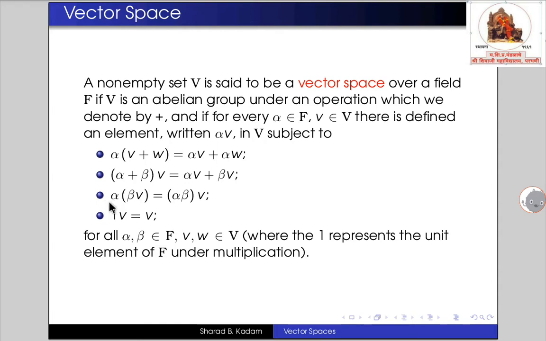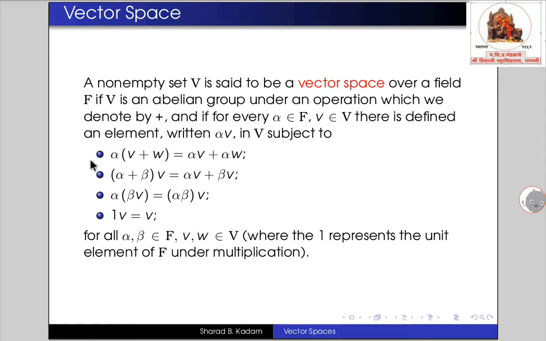Third condition is alpha into (beta into v) equals to (alpha into beta) into v. Fourth condition is 1 into v equals to v,